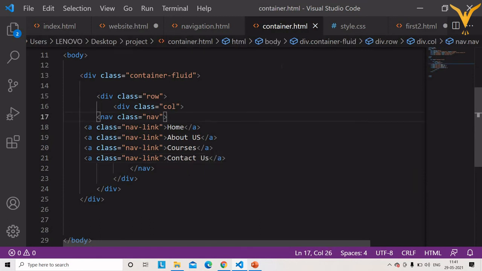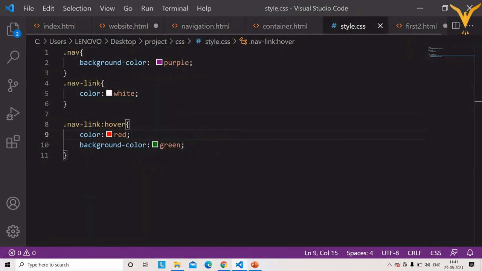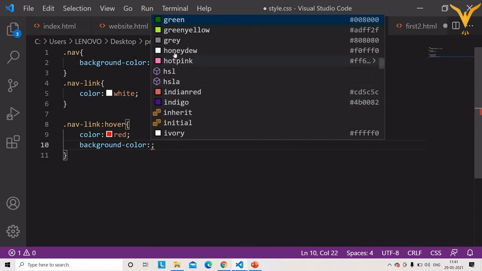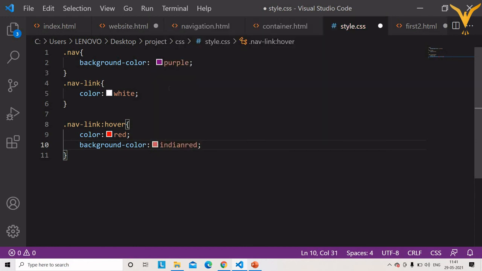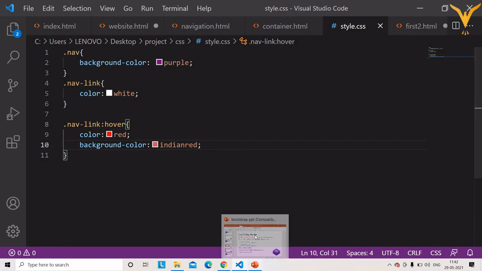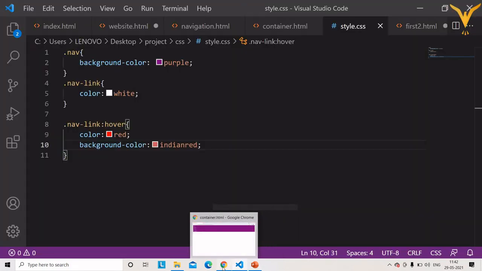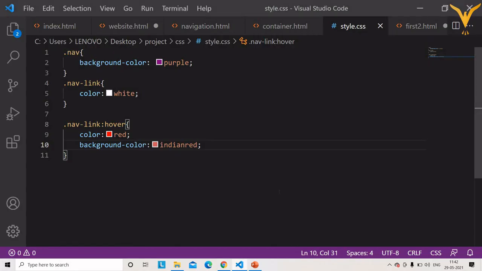Save it. And in the CSS file we do not need to make any changes. We'll keep it as it is. If you want to change the color you can change it. I'm just changing the background color, so I have changed only the background color. Now we'll see the output. Save it.